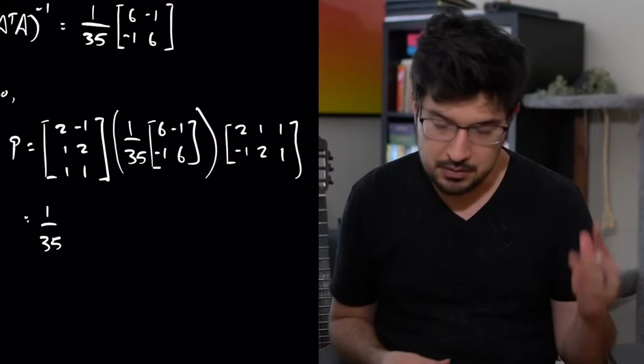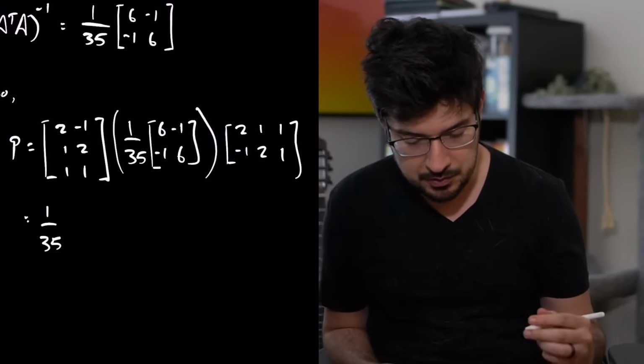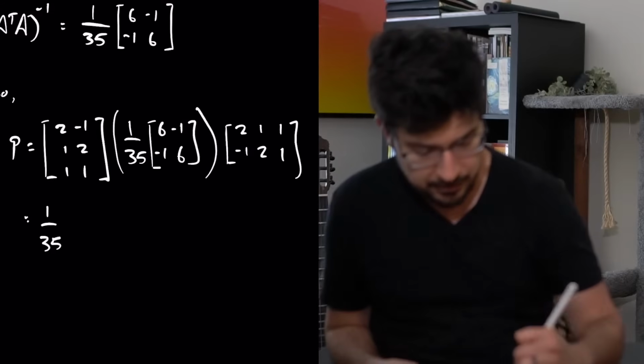Multiplying the rightmost two matrices, we have